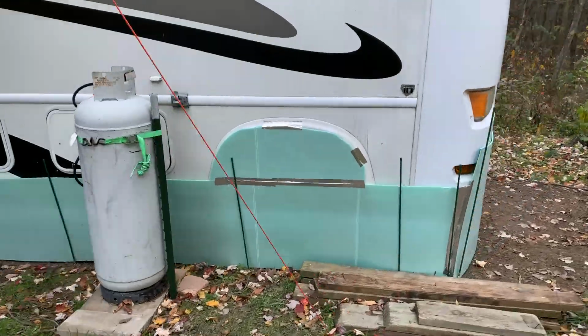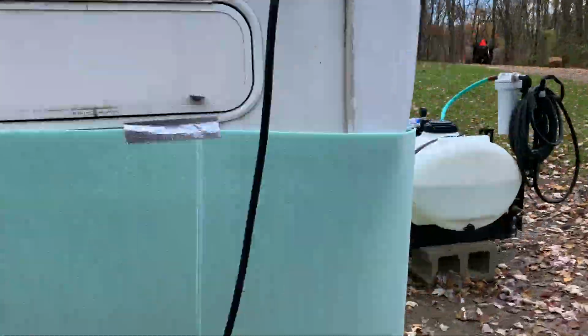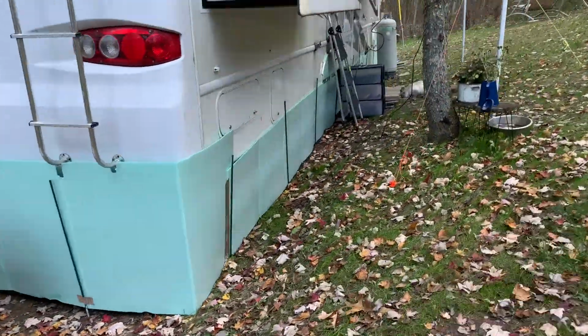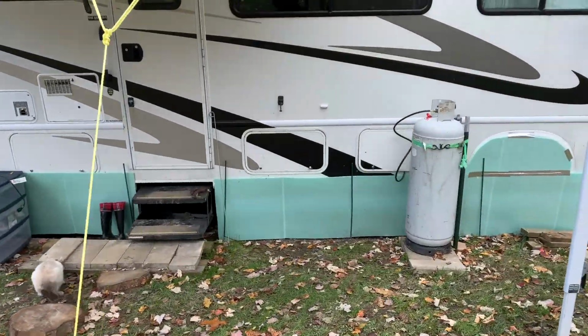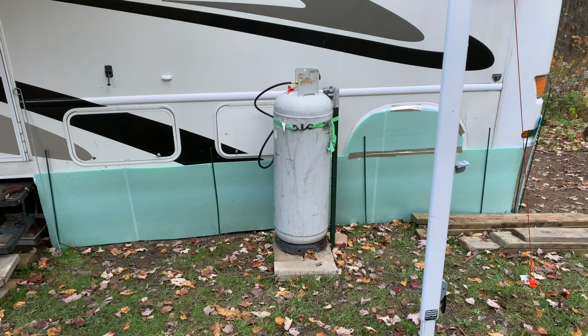Thank you, Wayne Wango Weaver, for the skirting suggestion. I did put a cheap skirt on this thing, as maybe some of you have already seen. Very cheap skirt, because I don't plan on being here that long, but I didn't want all that cool air flowing underneath the camper. So we also put that 100-pound propane gas tank over here that is helping with our